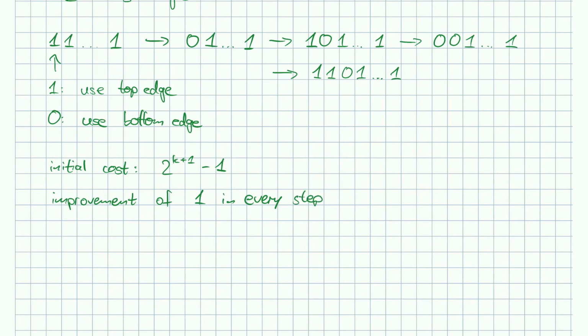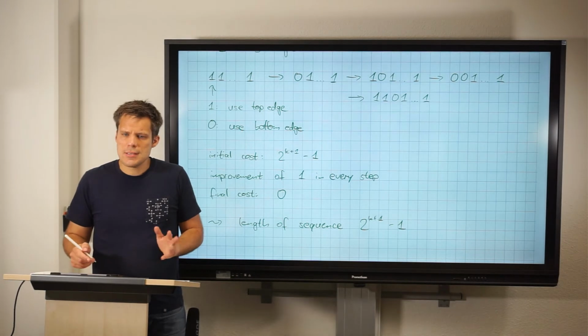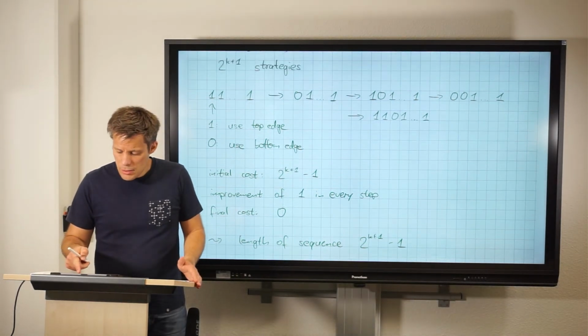And the final cost will be 0, so the length of the sequence will be 2 to the k plus 1 minus 1, and this is about